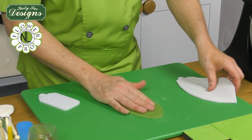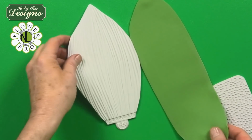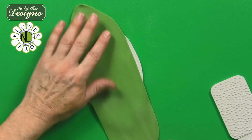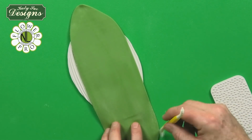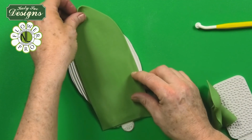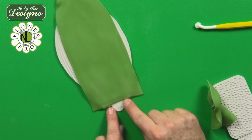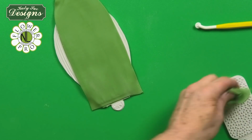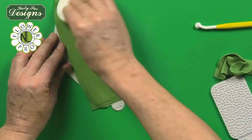And now we don't use any template or cutter for this. What I'm going to do is just flip this over. So obviously we're going to make this the length of the mat here, so you can just cut off the bottom part square. So I'm just using that part of the mold. You see it's square, just using that as my gauge. Okay, and then what I'm going to do here is just press this onto